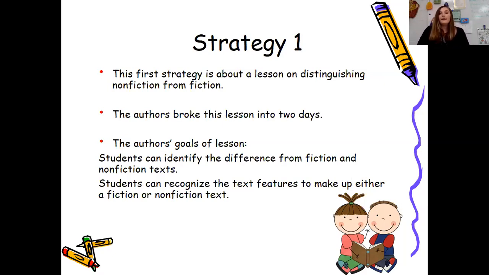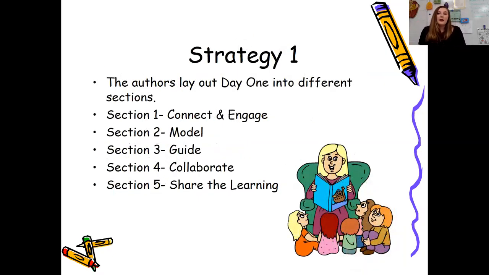And the goals that the authors have created for this lesson is students can identify the difference between fiction and nonfiction texts. And the other goal is students can recognize the text features that make up either a fiction or a nonfiction text. Okay, so like I said, it's going to be a lesson that you complete in 2 days